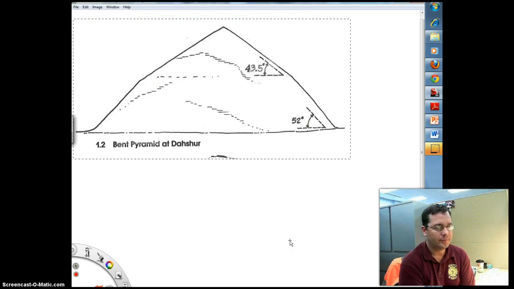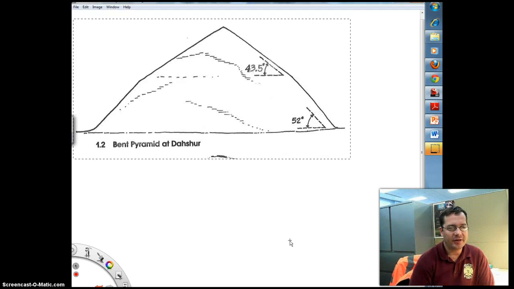Here you see diagram 1.2, the bent pyramid at Dashur. This was actually constructed in the time that the first pyramid